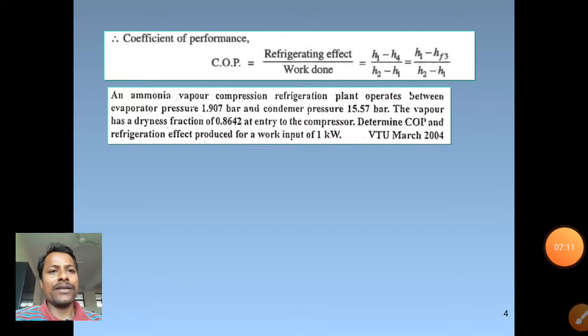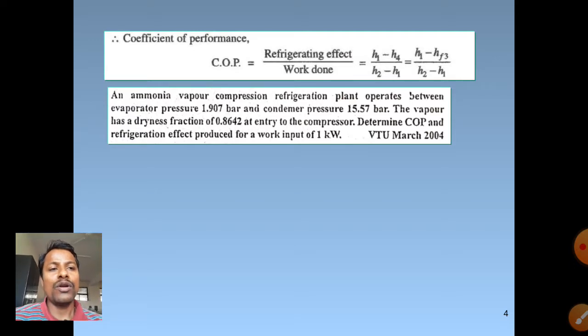Now as the inlet of the refrigerant is only 86% dry, we will assume that the outlet of the compressor is a dry saturated vapor. We can compare during calculation also to determine the condition of the steam at the outlet of the compressor. As we have discussed in the previous problems on VCR, by considering the isentropic process 1 to 2, that is S1 is equal to S2, we can judge what is the state of the refrigerant at state 2.